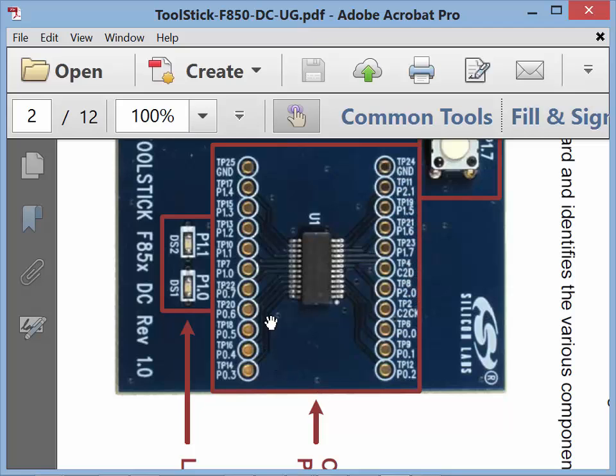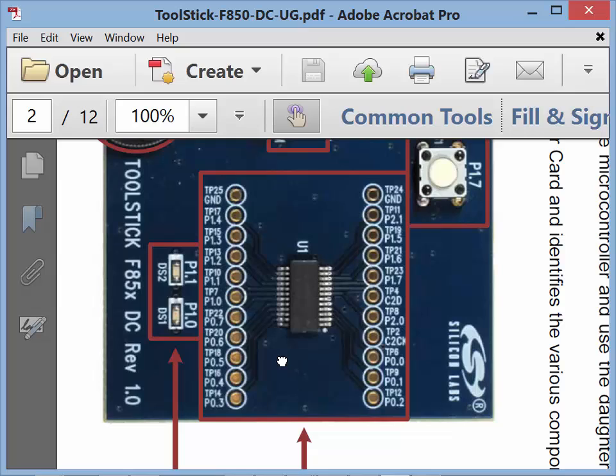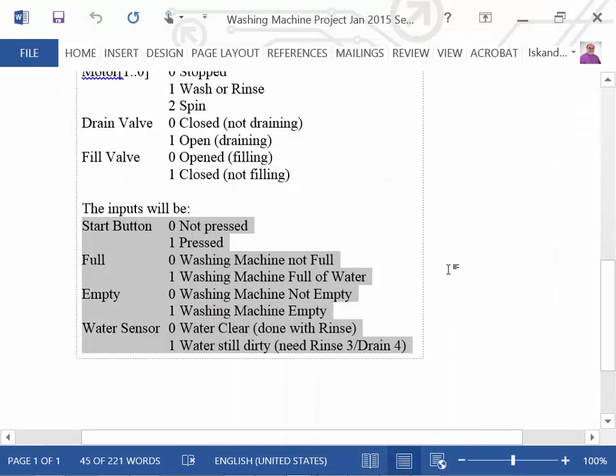Don't use anything, you know, this is ground, this is ground. This one is CD2, you won't use that one. C2 clock, that's for programming, you won't use those pins. So those are the ones that you'll use. So, you know, I would just use port 0, but you can use whatever ports you want. And remember that we plug this board into our little prototyping board, and you'll connect to the external world from that. So, okay. With that said,